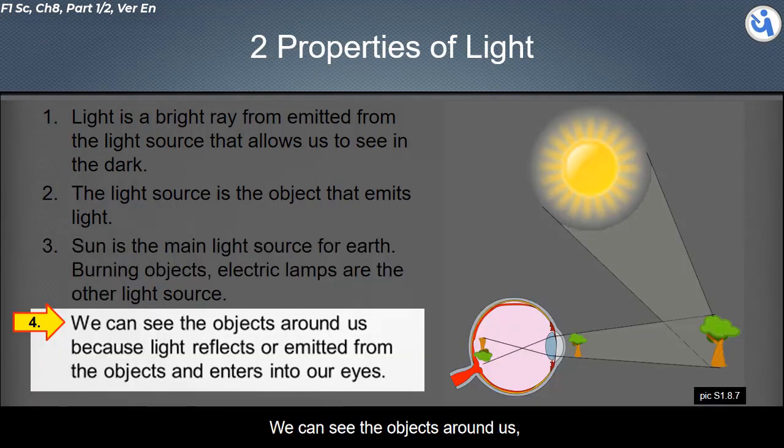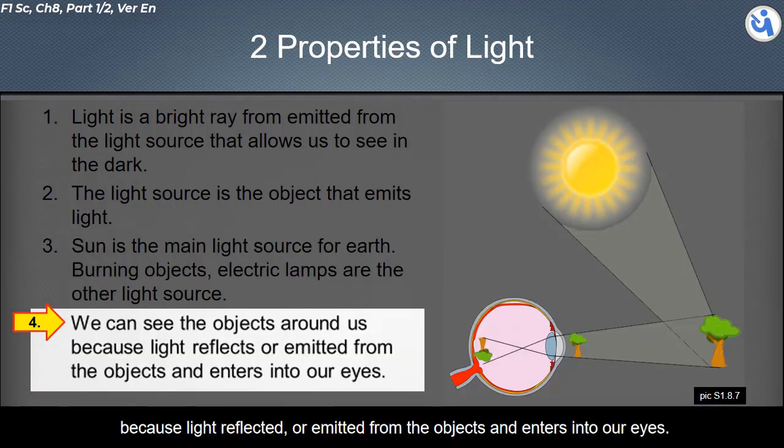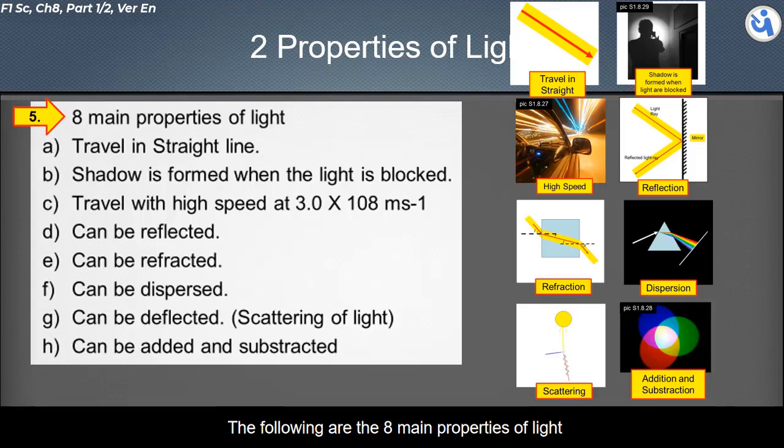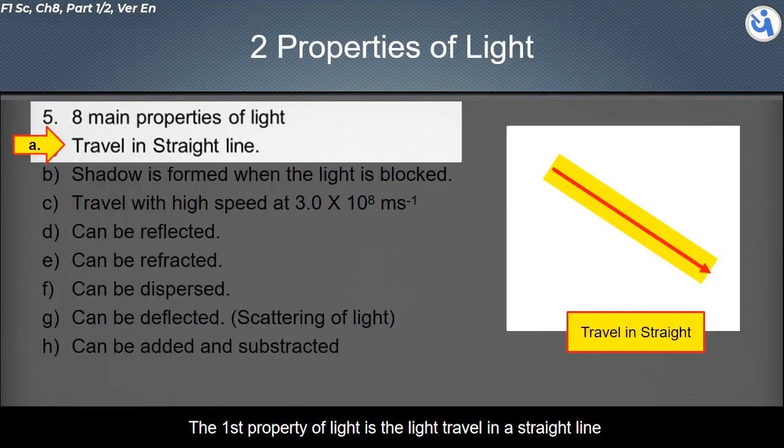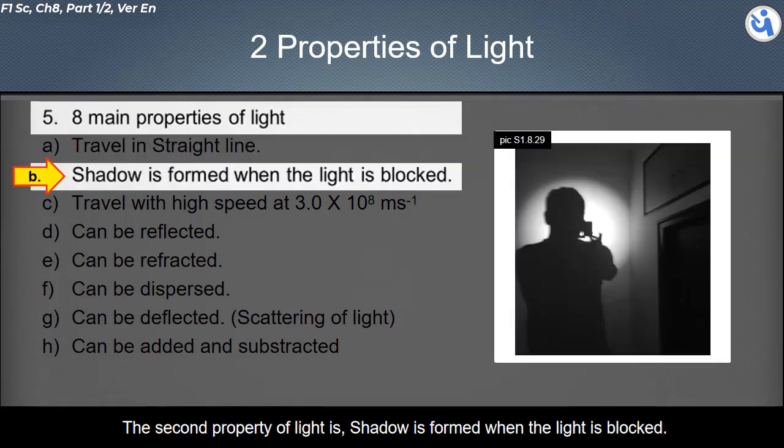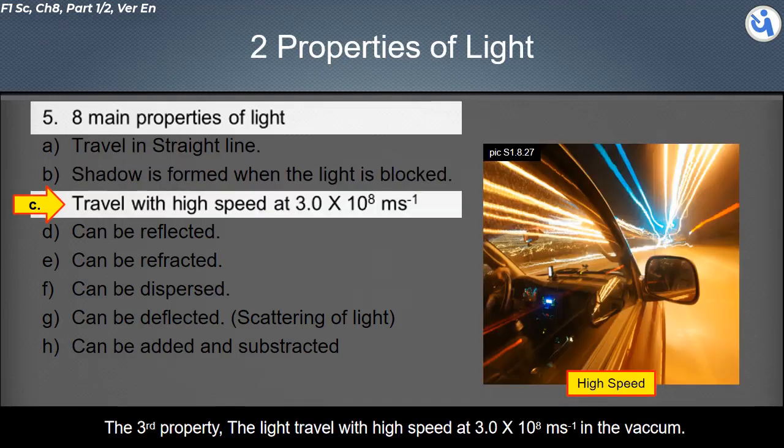We can see the objects around us because light reflected or emitted from the objects enters into our eyes. The following are the 8 main properties of light. The first property of light is that light travels in a straight line. The second property of light is that a shadow is formed when the light is blocked. The third property, light travels with high speed at 3 multiplied by 10 power of 8 meters per second in the